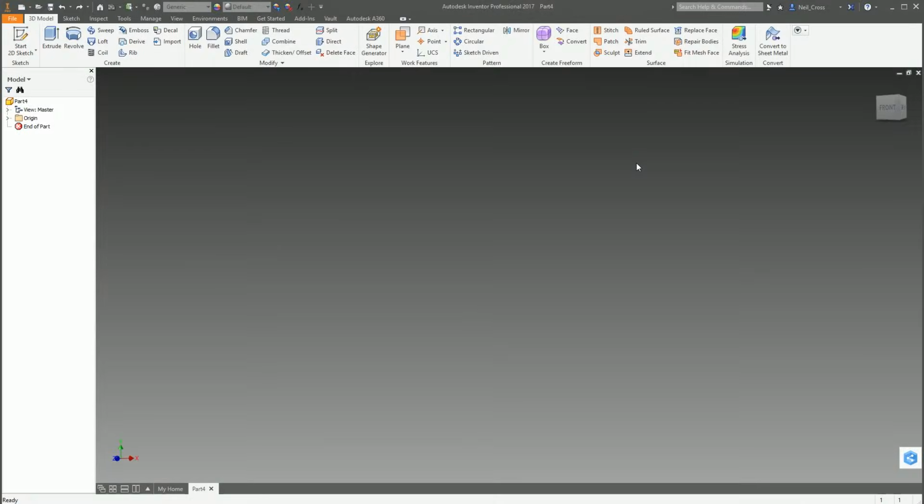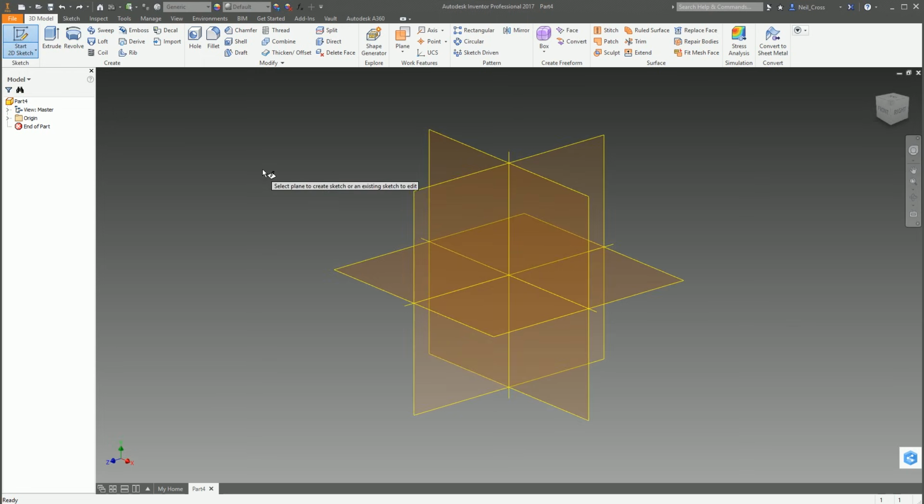This is a long overdue, much requested video, all to do with 2D sketch constraints. I've got a spare half hour. I thought, right, let's do it. Let's get it out the way and done. For all the newcomers to Inventor who need to understand these sketch constraints a little bit better, because I remember what it was like to look at them and go, what the hell are these things? I have no idea what any of them mean.